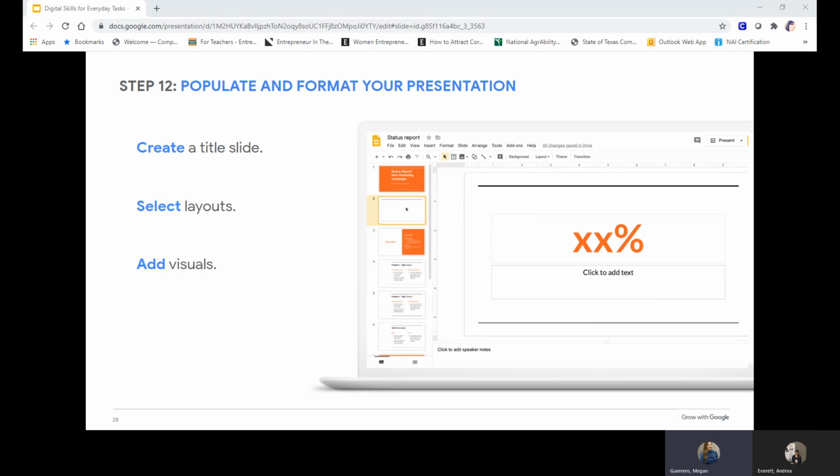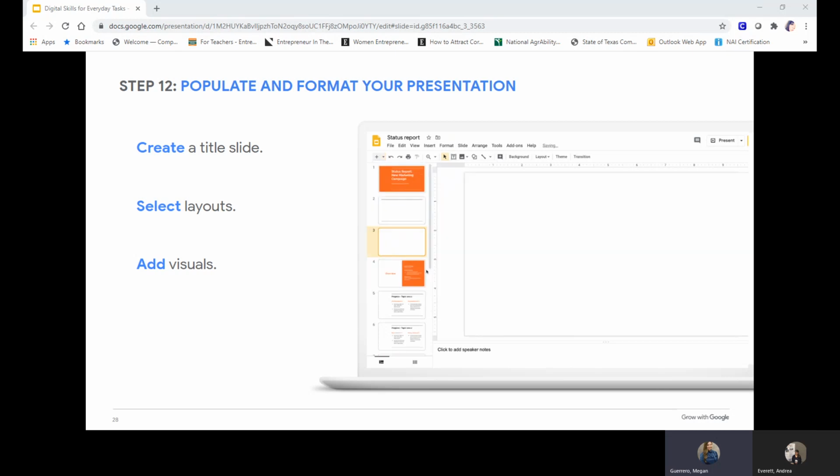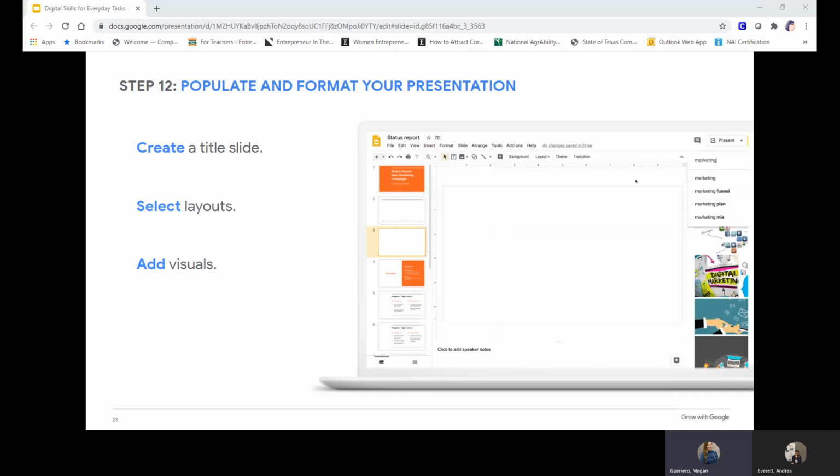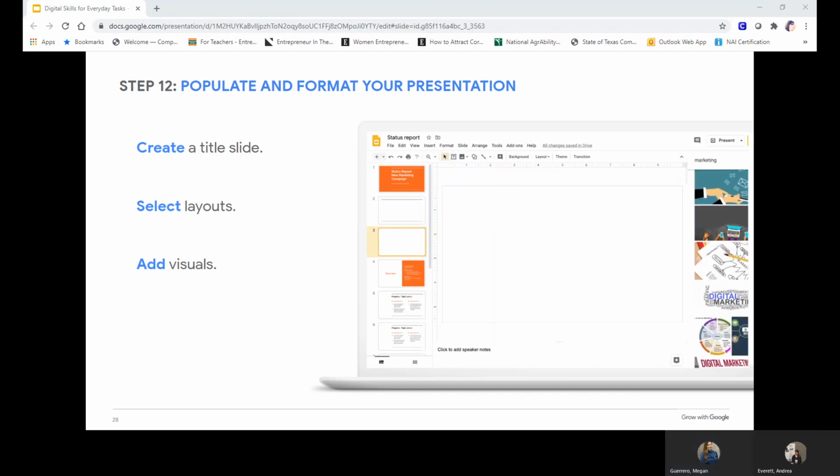As you build out your presentation, you may want to demonstrate information or ideas with a visual. You can add images and videos to get your audience's attention. For example, if your presentation is a new employee onboarding training, you might want to include a photo of your team or workplace. Or for budget update presentations, you can link charts or graphs from a Google Sheet.